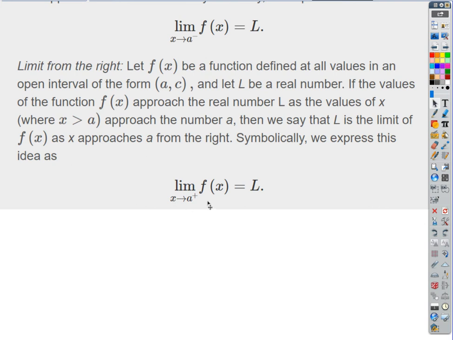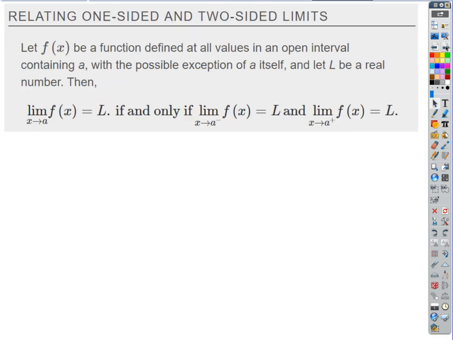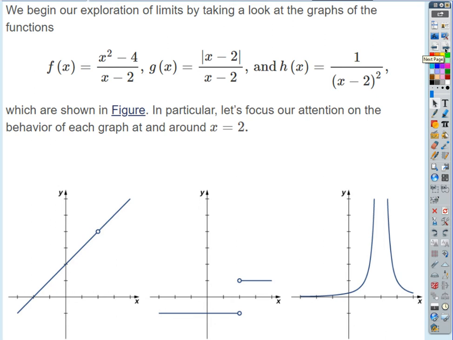In order for the regular two-sided limit that we've talked about up until yesterday to exist, all we have to say is that the two one-sided limits have to exist and they have to agree on the same value. And that's now how we've amended and tightened up our definition of a limit, okay? All right, so